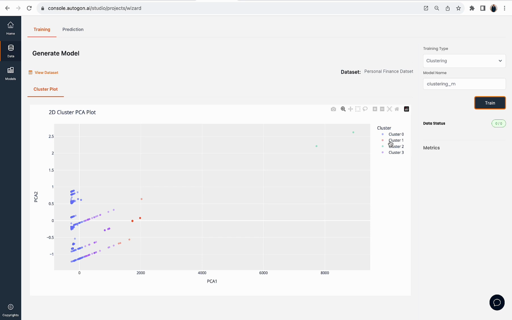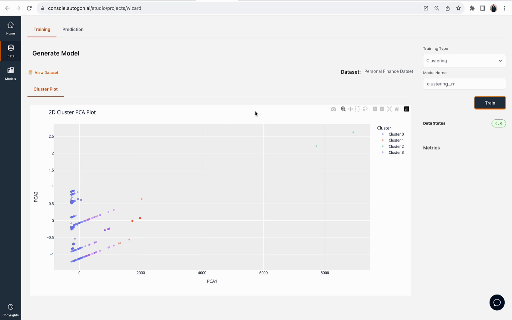Yeah, good. So we can see cluster 0 is of this color. You can see cluster 1, and we see 2 patterns around this cluster 1. Cluster 2, we can see how distant these cluster 2s are, and cluster 3, we can see cluster 3 not so far from cluster 0. Good. So the next thing is